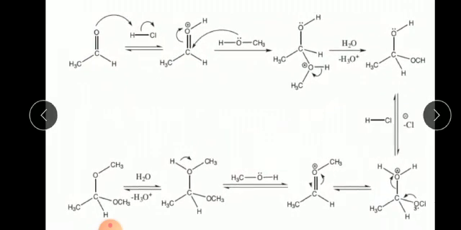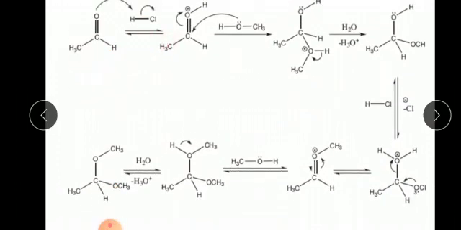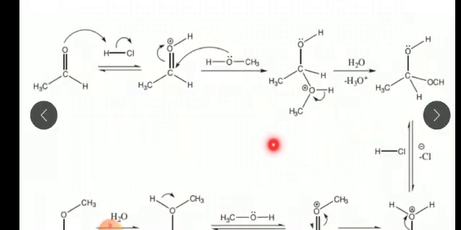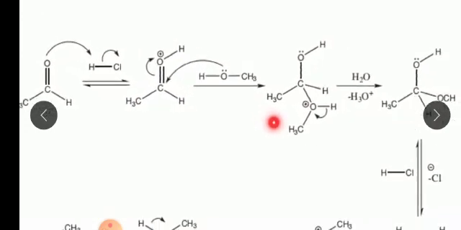So this is a very important mechanism I told you, and I repeat this once again. Acetaldehyde, the first step is what? Protonation takes place. Protonation means in this first step the hydrogen is added and Cl is removed, and after adding this it becomes an alcoholic compound, and then methanol is added, the pair of electrons. So the methanol attacks the center carbon, and the hydrogen is added here totally. So automatically the same compound, the product, appears.